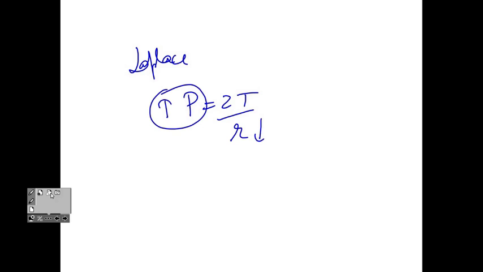What's Laplace law? P is equal to 2T over R. Decreased radius will increase the collapsing pressure. Therefore, small alveoli have a tendency to collapse, but do they collapse normally? No, because thanks to the surfactant, what will happen to surface tension as well? 2T will decrease, therefore collapsing tendency will decrease. But in the absence of surfactant, they will collapse.